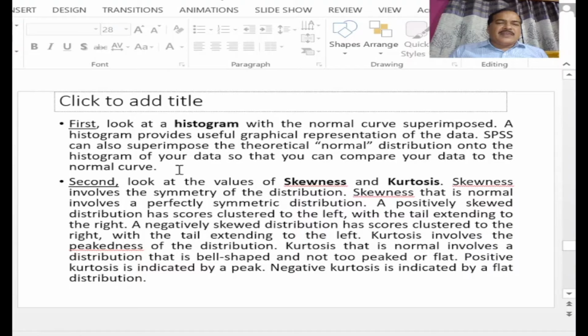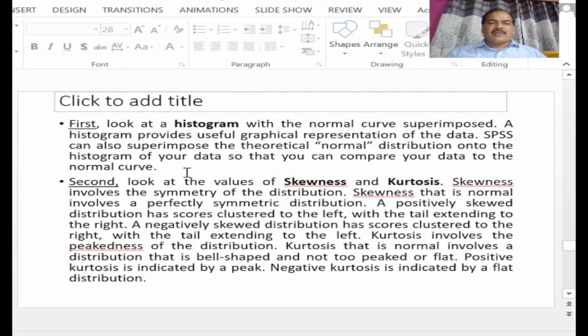While talking about the normal distribution of the data, we can have a look at the distribution with the help of the histogram. If we look at the histogram with a normal curve superimposed, a histogram provides a very useful graphical representation of the data. SPSS can also superimpose the conceptual normal distribution onto the histogram of your data so that you can compare your data